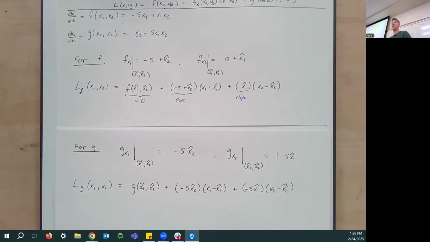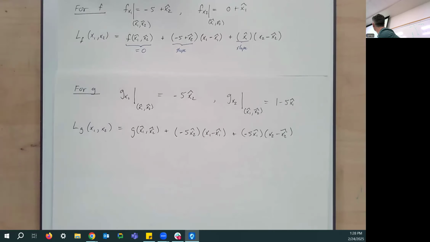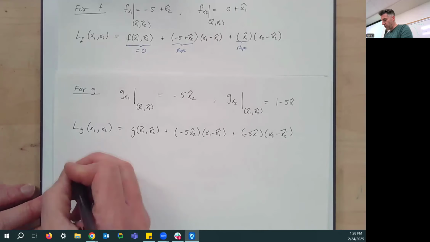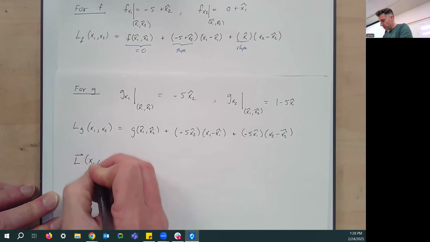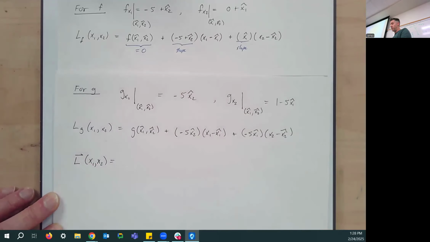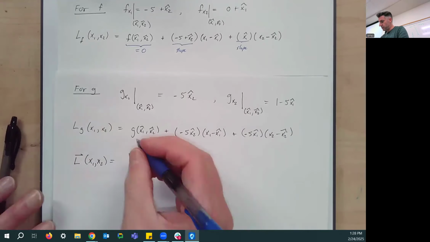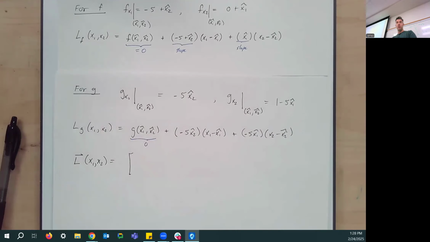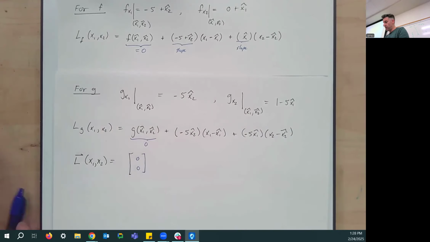Because what we're actually going to do is write this as a matrix equation. So here's how we're going to write all this. Let's keep this all on the page here. You guys can see that, yeah. So here's our linearization as a vector function. I'm just going to take each of these equations and put it together in one matrix. You might want to watch for a second. I should also point out that g evaluated at the equilibrium is also 0. So it's going to be 0, 0. I don't even need to write that really. Plus,